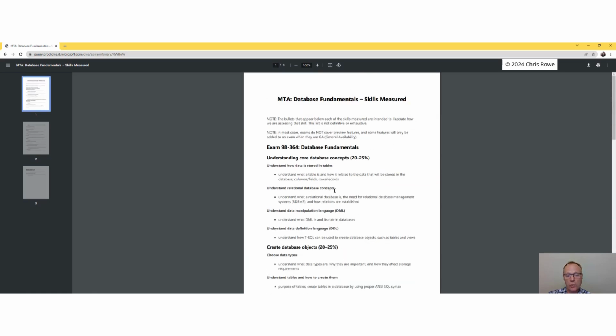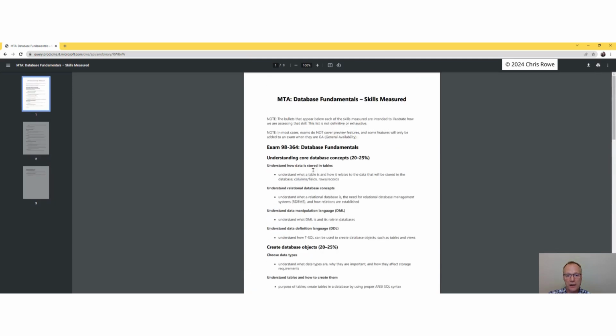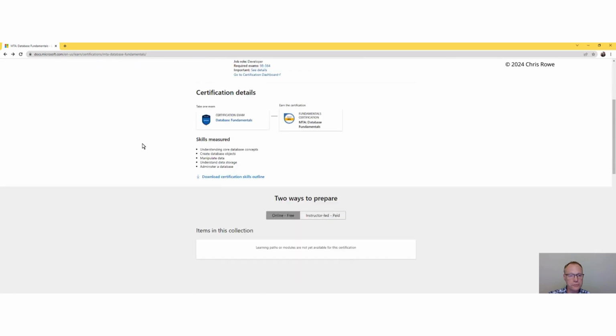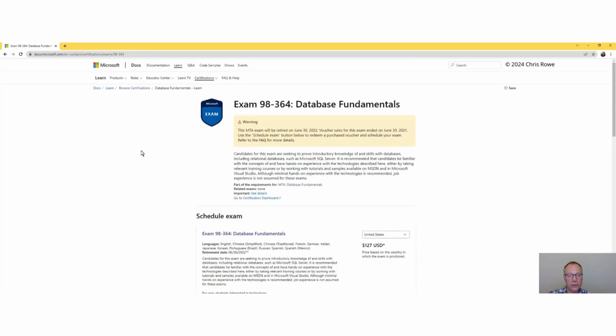So as you can see, while we've covered a few of the bits and pieces in this course on the Start Into SQL, if you wanted to learn a bit more about how to actually administer a database and other bits and pieces about core database concepts, you can always jump onto this exam or something similar, because this one is going to expire pretty soon. So that's all you need to do in order to get your certification, is sit that exam, database fundamentals, and